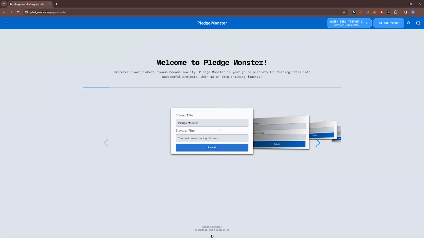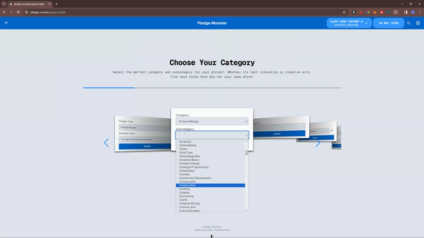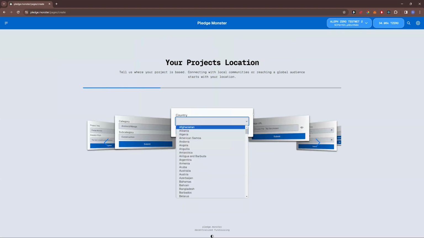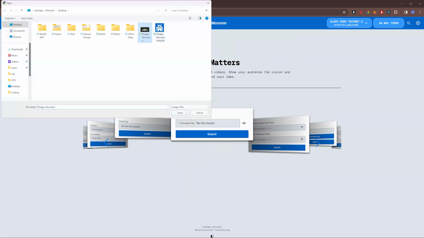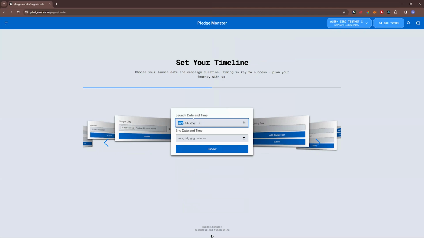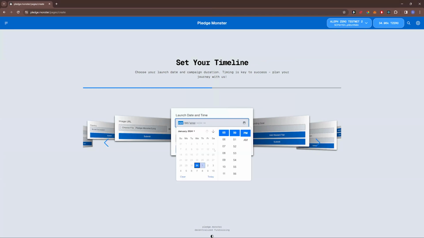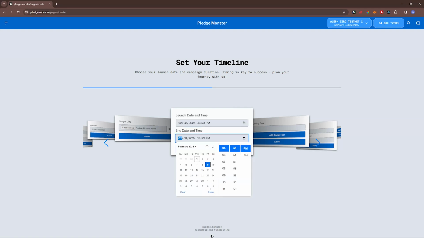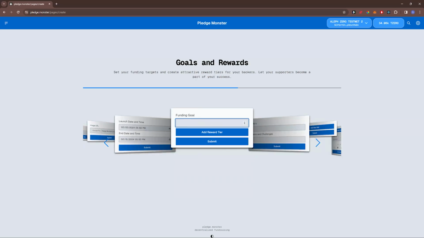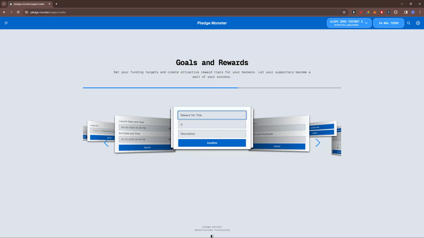They go through a series of different cards that would get the basic information of what the project would be about. And as they do that, they input the necessary information. They would put the launch date that they actually want to launch. So the idea is that by doing this, you're giving the user the ultimate experience of being able to create a crowdfunding campaign that would not depend on a third party to be executed, because with most crowdfunding platforms, you do need a third party in order to